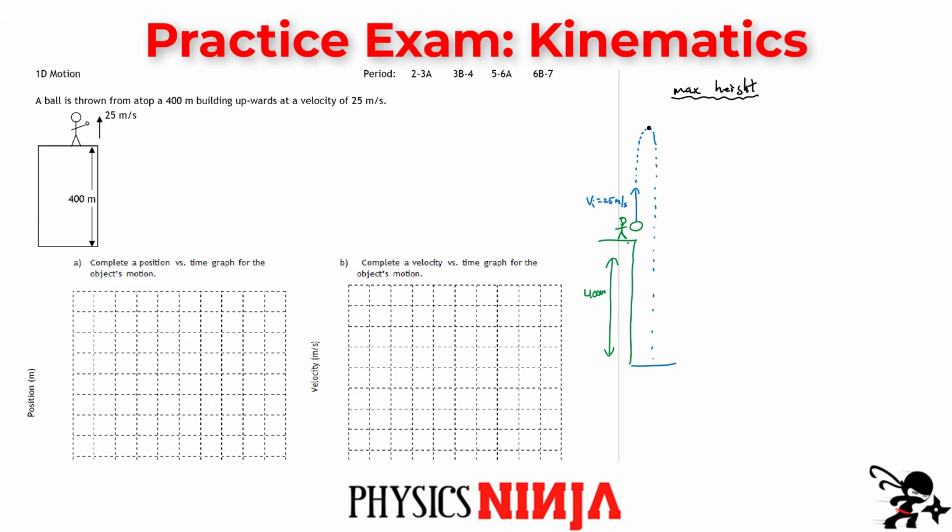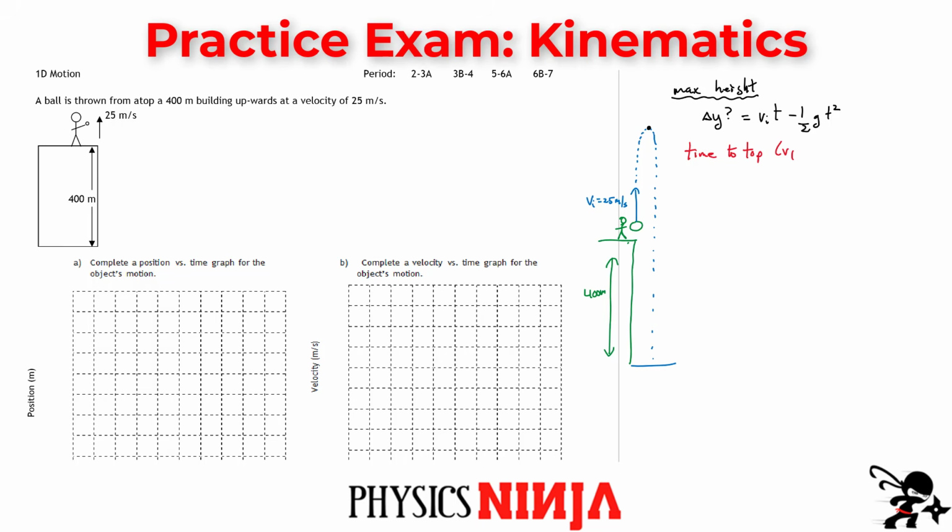For this one, there are many ways of doing this. I'm going to choose what is the displacement. How do I calculate that displacement? Well, I can use one of my kinematic equations. It's the initial velocity multiplied by time minus 1/2 g t squared. I know this is 25, this is 9.8, but I need to know which time to substitute in there. And one thing you should know is that the time to the top,